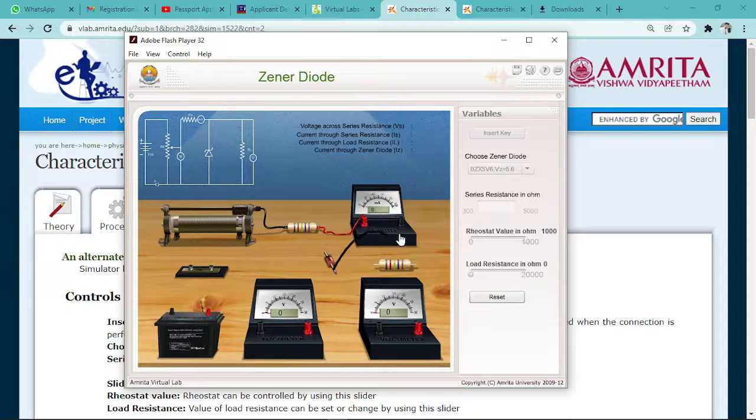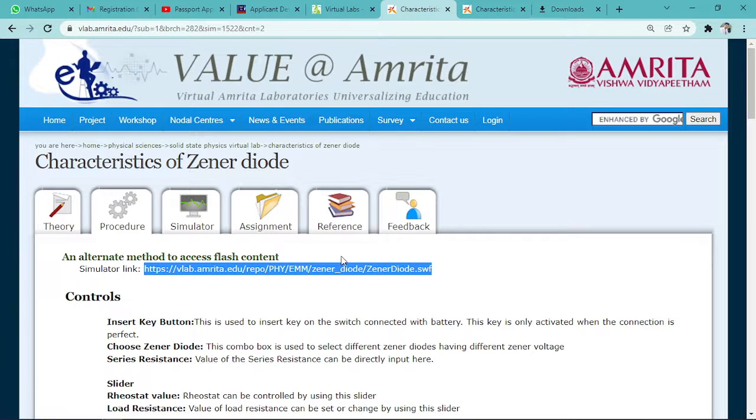Sometimes it is not working properly because of your handling and your internet connection and graphics card also. See, you can see, these things work. This works, but you need some time. And with this you can make the connections. Here you can take the values also, series resistance, then the rheostat also you can take. You can vary it, and after performing the experiment you can make a reset. Okay, so this is the virtual lab.